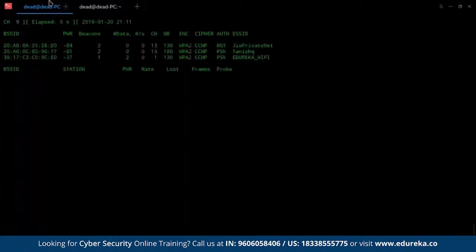Now that our scan is up and running, all we want to do is wait till someone is actually connected to this access point. I forgot to mention this: for this process to work properly, somebody needs to be connected to that access point, because what we are going to try to do is disconnect that device, let them reconnect, and capture that log file.